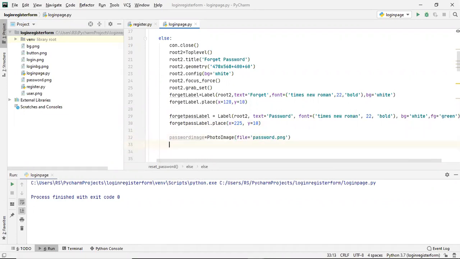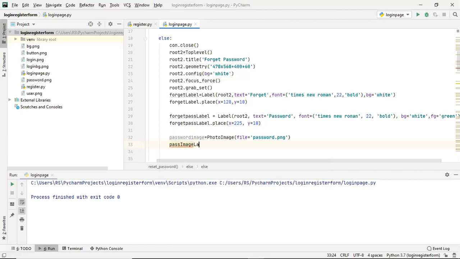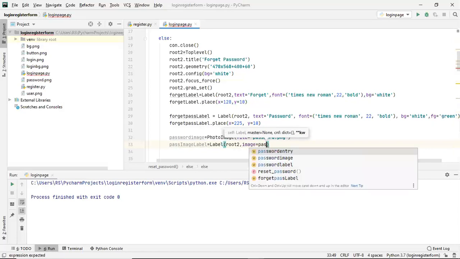The next thing is we have to create a label here, so pass image label, any name you can give. This has to be a label, and this label will be on my root2 window. Next thing is that the image here will be password_image.